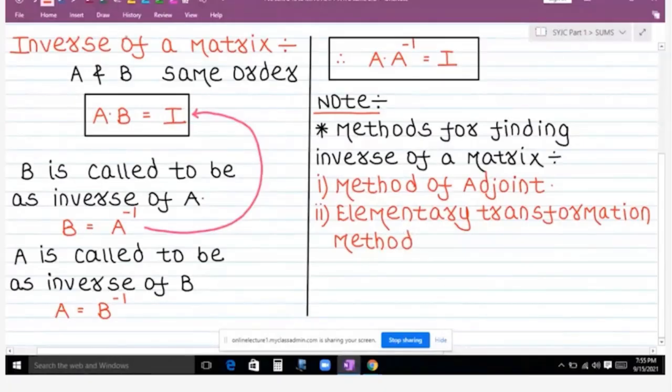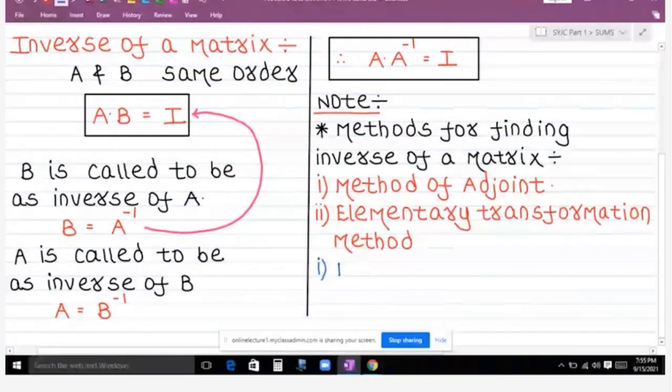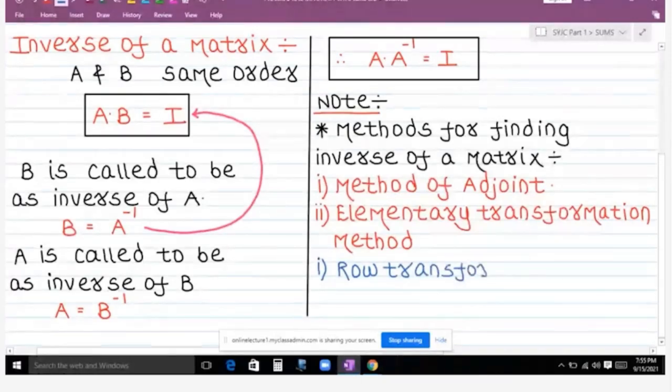And in that elementary transformation method, there are two methods. Number 1, by using row transformation. And number 2, by using